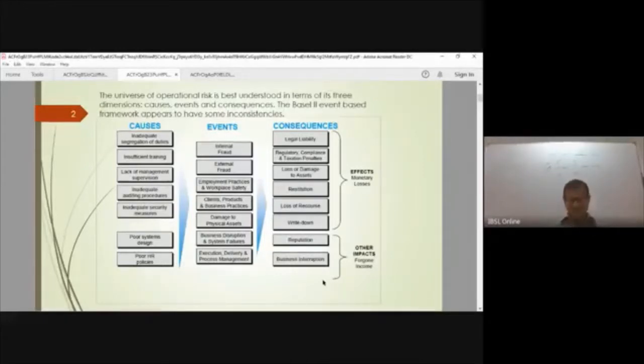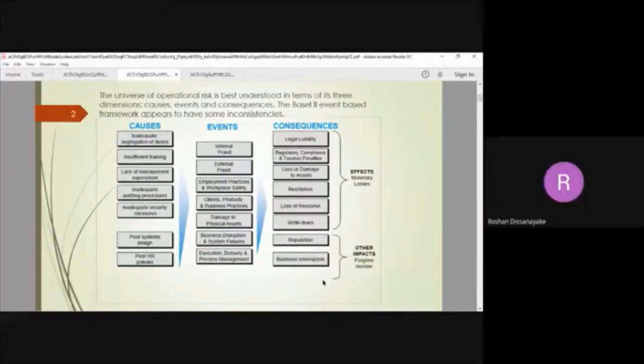Then the committee, in the brainstorming, said first we'll identify what will happen, what the causes or reasons for operational loss are. So they have identified these causes: inadequate segregation of duties, which I am going to talk very elaborately on. In banks,